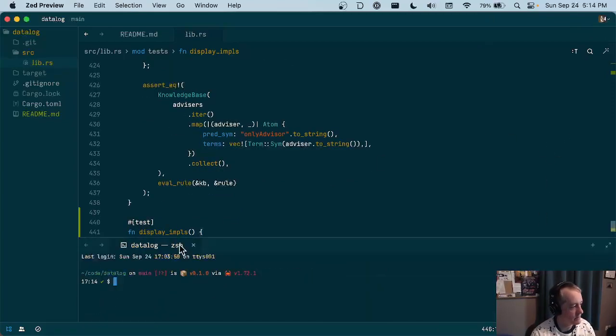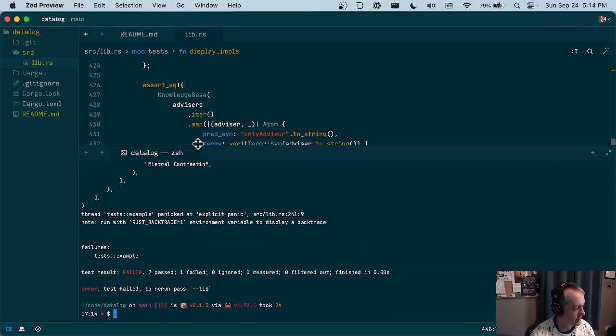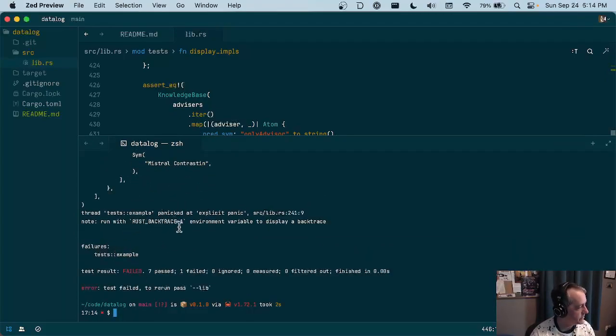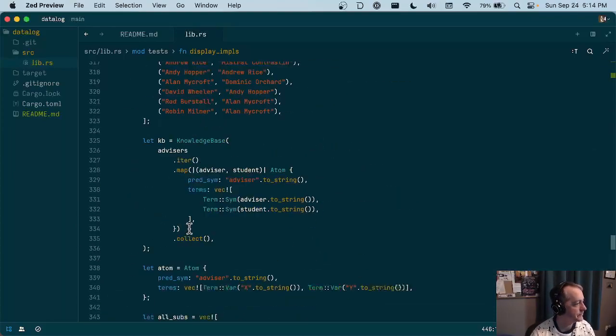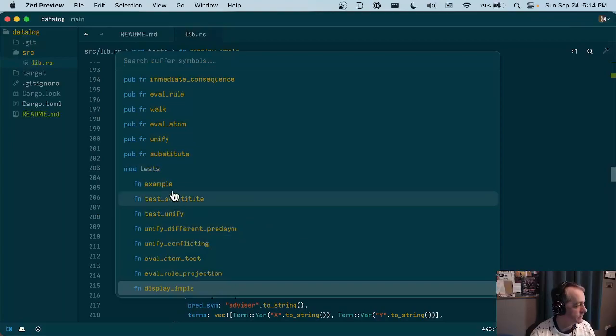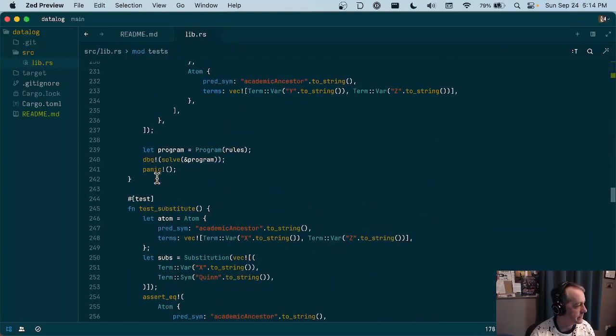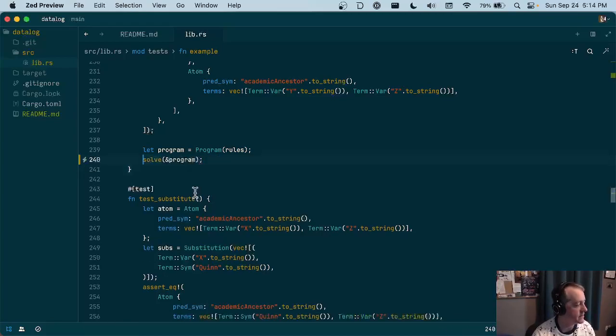Okay, and then let's run this test. Okay, it failed. What did it fail on? Test example, explicit panic. Okay, that was just so we would use debug. We had that in there from before. So let's go up to example, and the solve returns a knowledge base. Let's just remove this panic. This is just so we can run the example. If we want this test to fail,